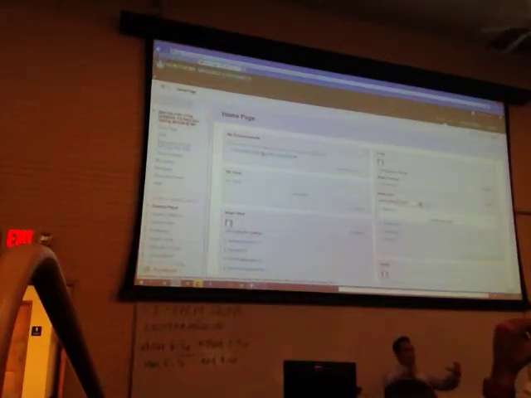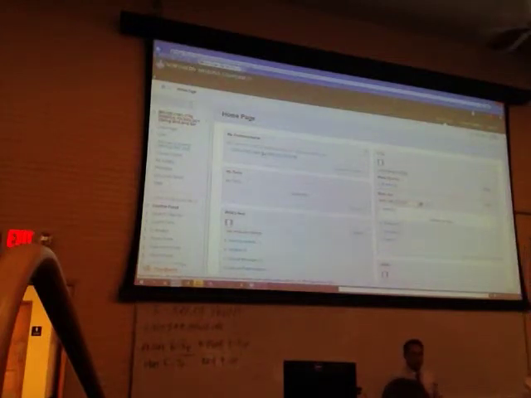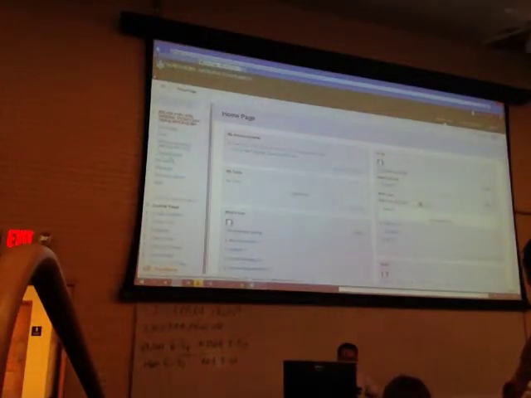But the new ones will show up either at the top or the bottom, depending on how you have your BB Learn shell set up. You can put the new announcements at the top or at the bottom. Okay? All right. So more information that's in this is if you go to course content,